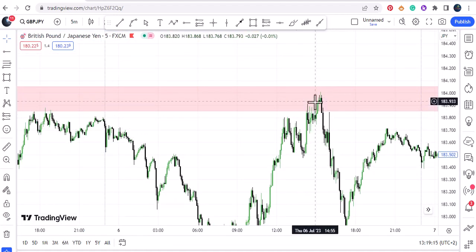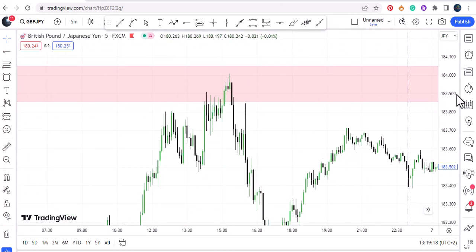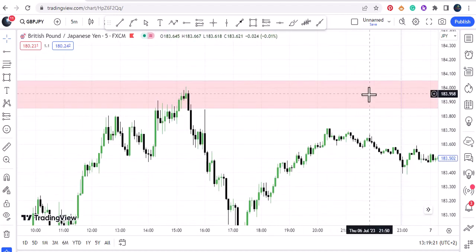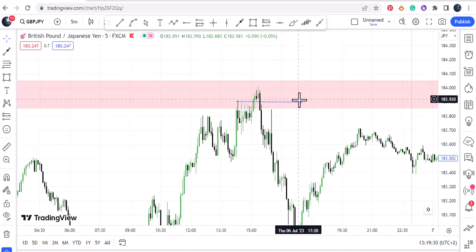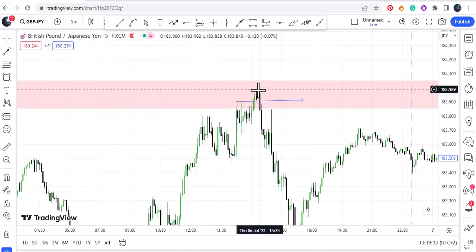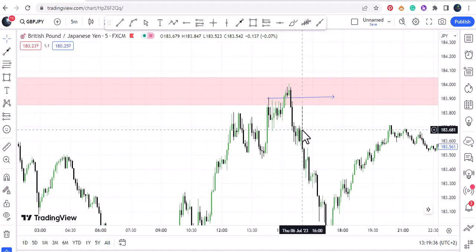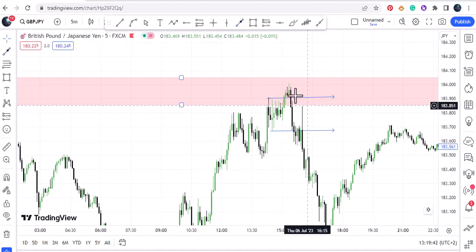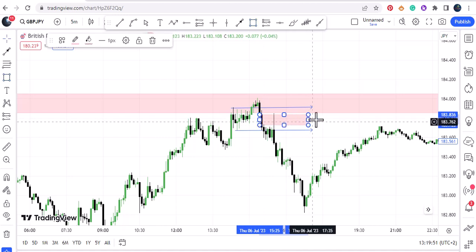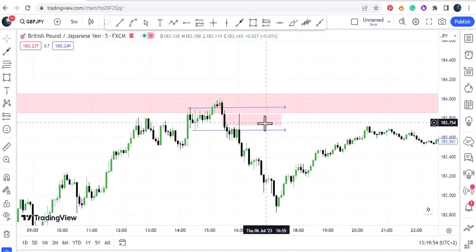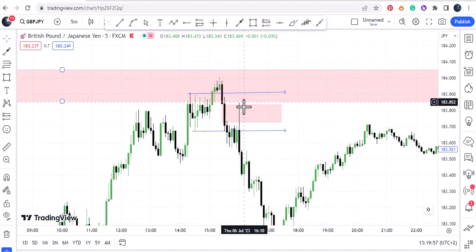This is price getting into your demand zone. So what you can clearly see right now, you want to see a stop hunt into the demand area, and the stop hunt is this one. You see price making a high and striking above that high while in the demand zone, and you see price moving away. This is what we call a change of character. So you need to see a change of character as price is trading away from the demand zone, and you need to see a move back or a retest of a fair value gap. So as price trades back into this fair value gap, this is your entry,